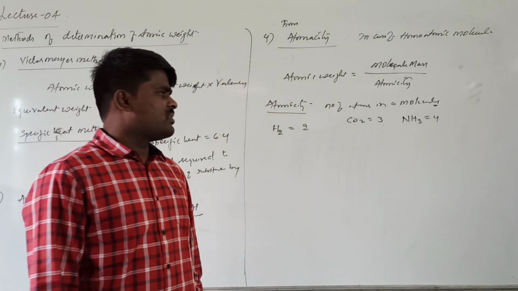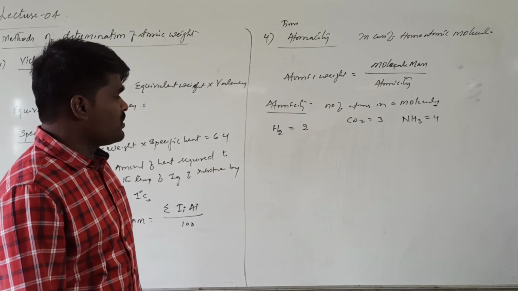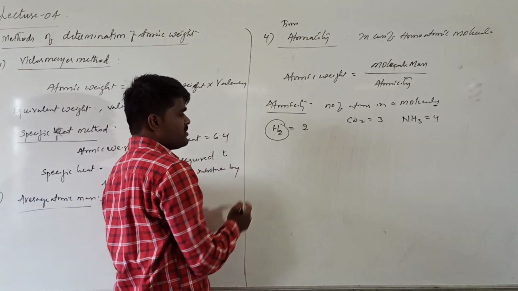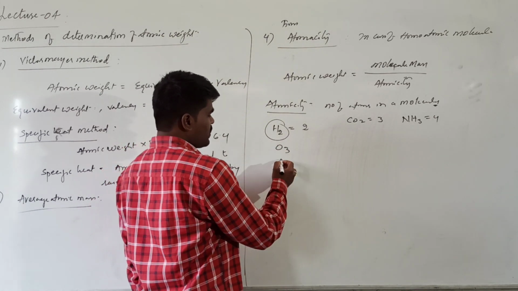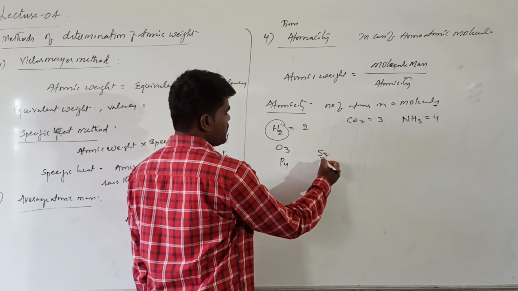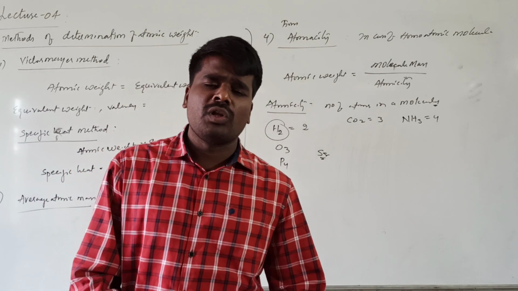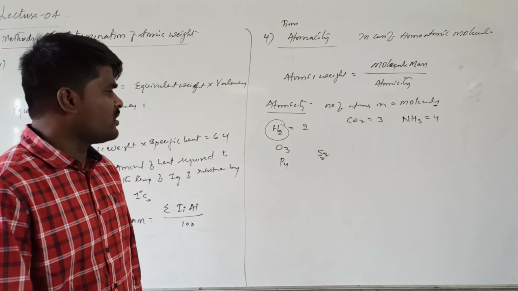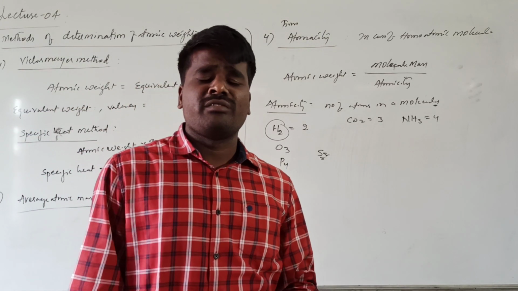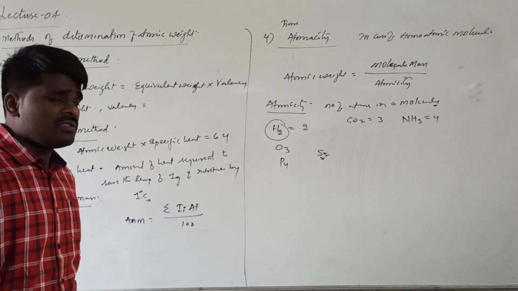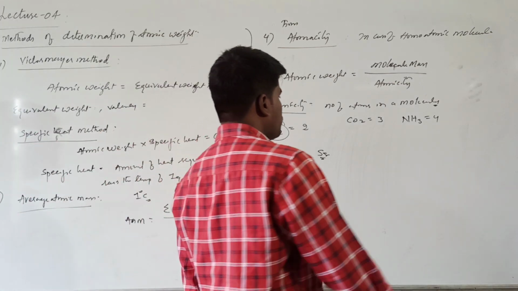Right? If you know the molar mass, basically this is applicable for only homoatomic molecules. Homoatomic molecules are this type of molecules, O3. It is also made by only one type of atoms, otherwise P4 or otherwise Si2. Right? You cannot apply this concept for heteroatomic molecules. Heteroatomic molecules means molecules made up of different atoms. But in case of homoatomic molecules, by the concept of atomicity, you can find out the atomic weight. These are the different experimental methods that we use to determine the atomic masses of different elements. Hope it is clear so far.